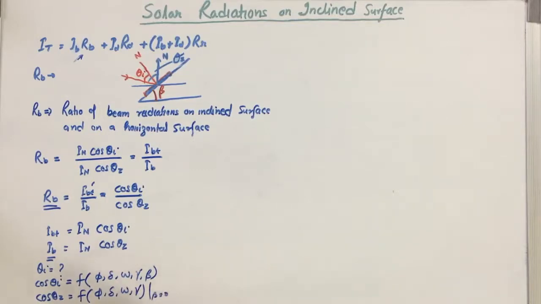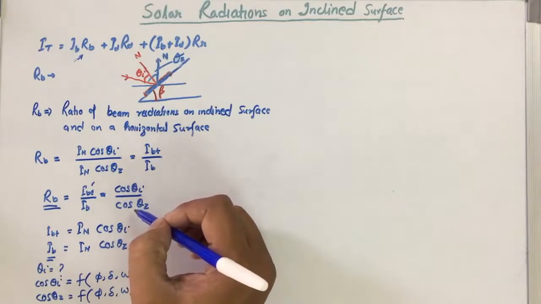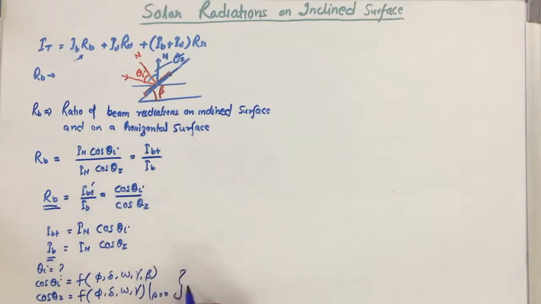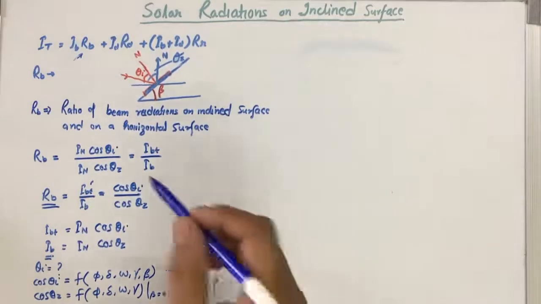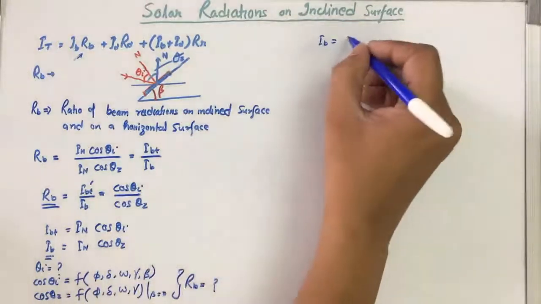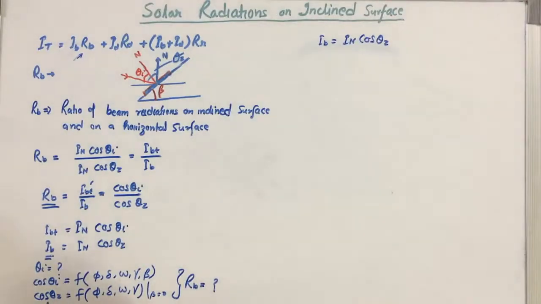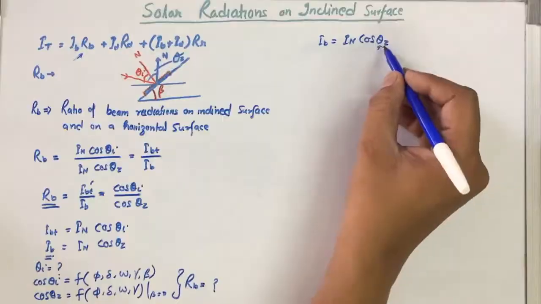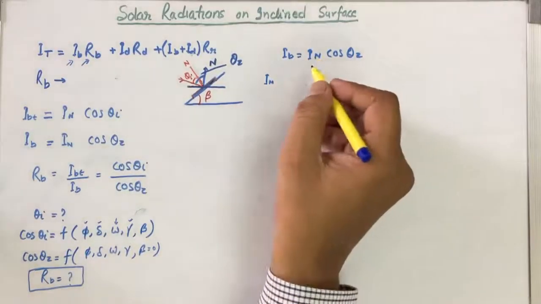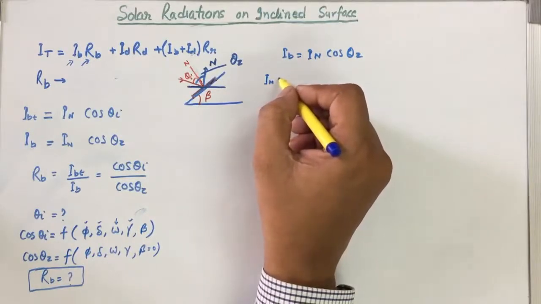So when beta was 0, theta I becomes theta Z. And if we know these two parameters, these two unknowns, then by putting those things here, we can find RB. And after RB, to find IB, we can follow this formula, that is IN cos theta Z. We have already calculated theta Z from here, so we can put it here. And the next concern to find IN is there, and which can be found out by a formula